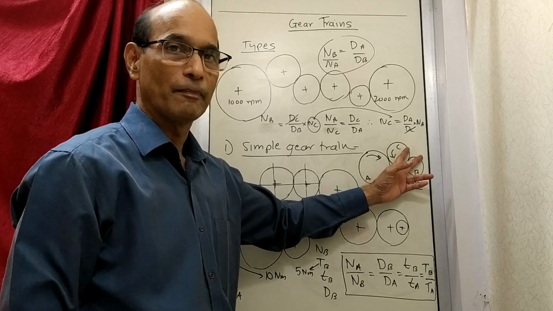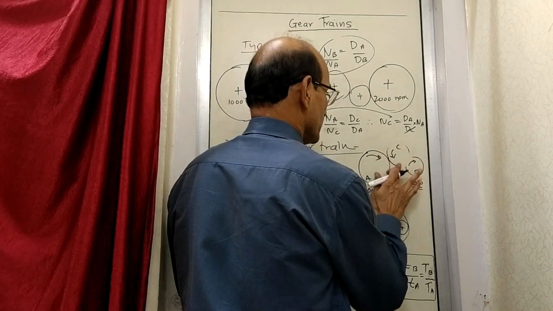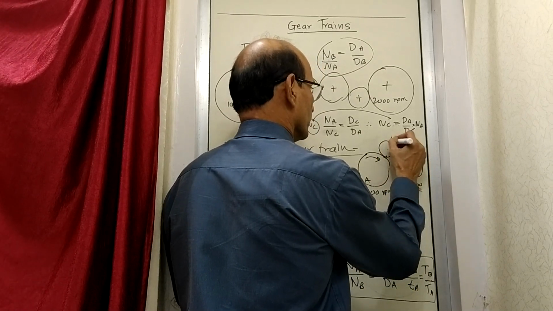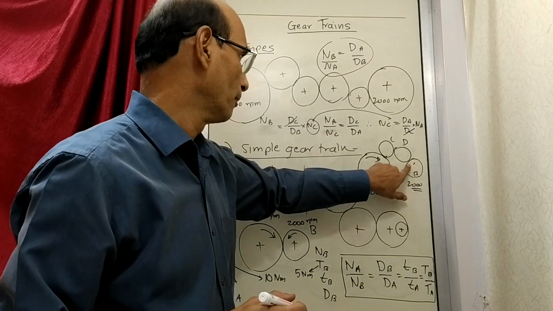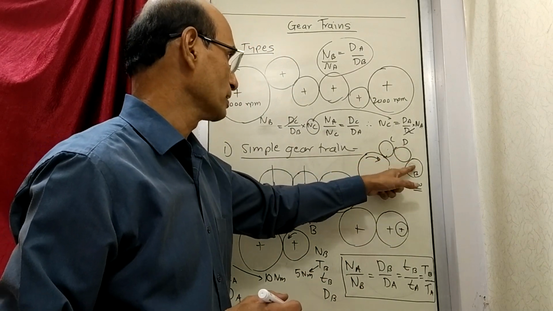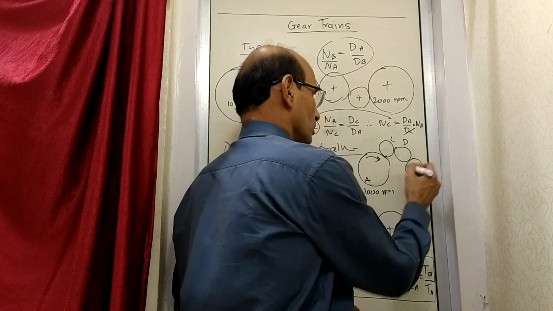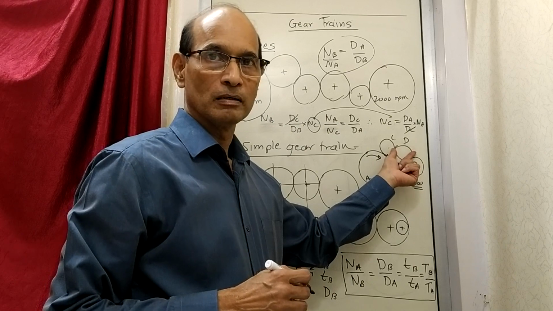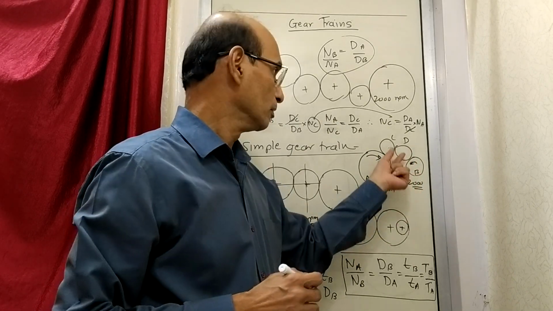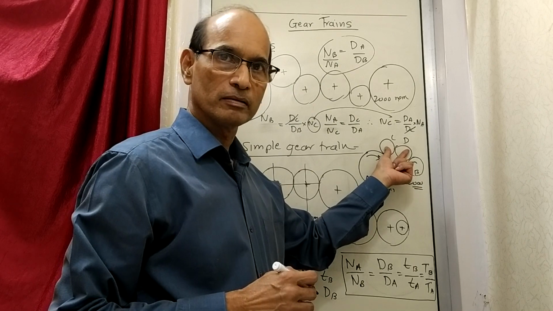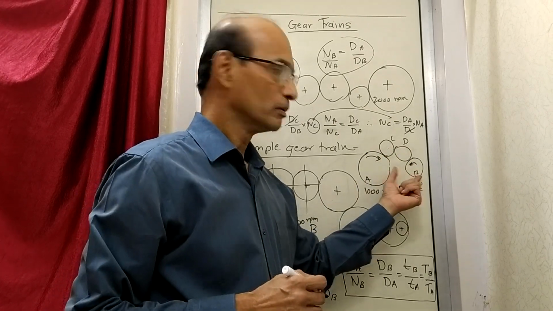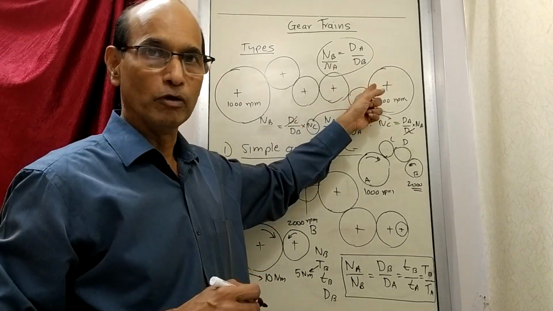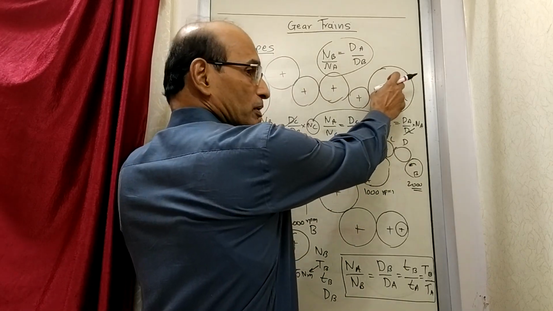Now if there are two gears, what will happen? Suppose I have got C and D also. That means here there is C and then there is D. Now what will happen? Clockwise, anti-clockwise, clockwise, anti-clockwise. So this time you will get anti-clockwise, same as this. So the number of gears in between: if they are odd, you will get the same direction. If they are even, then you will get the opposite direction. So the number of gears will decide the direction of rotation, but the speed will be decided just by taking the ratio of these two.